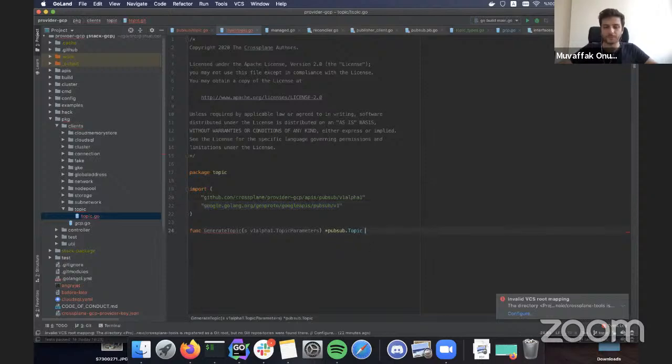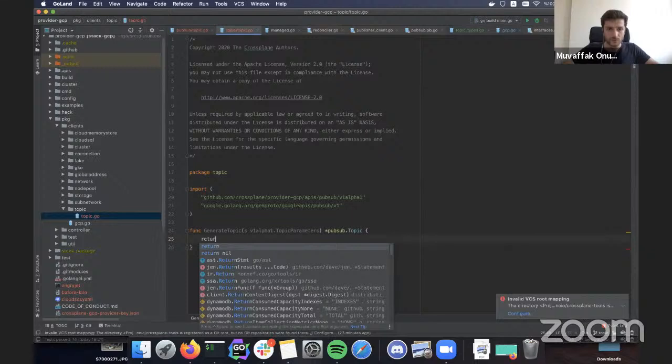Okay, cool. As you see, I have used a value type instead of a pointer because we will not make any manipulation on this struct. So we can just get it as value. And this is like a declaration of the function that, hey, I'm not going to make any change on this, so it's safe to pass in.